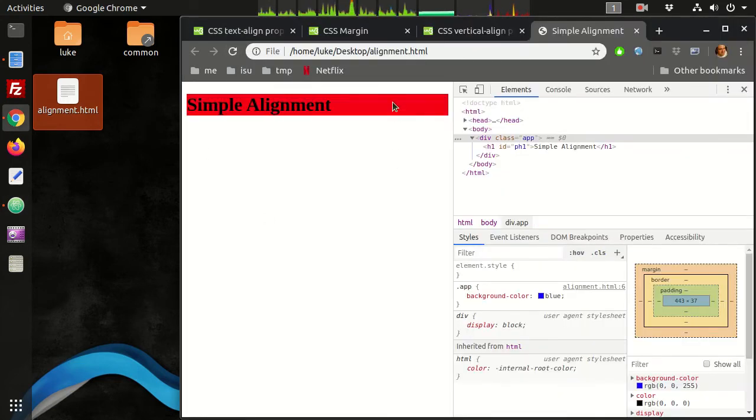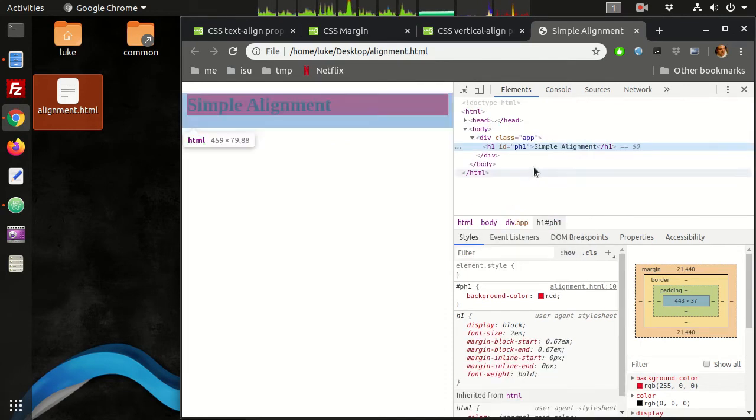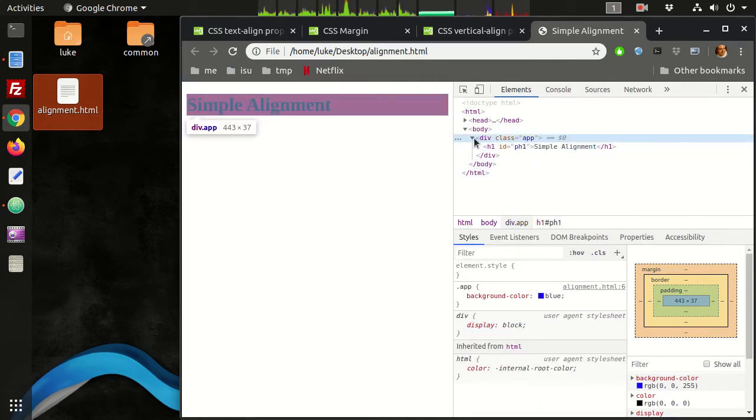Okay, so now we see the whole thing turned red, it appears, but really the background is the app div is blue, and the H1 tag actually just fills in the exact same space, and it's over the top. So when we make that red, we can no longer see any of the blue.